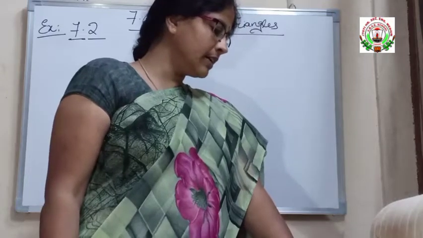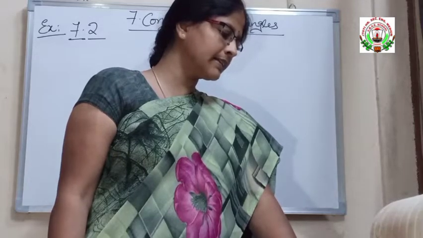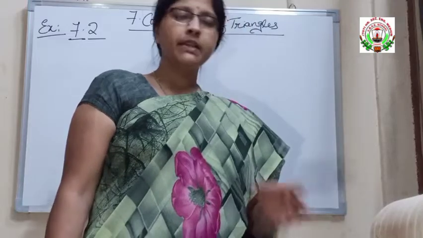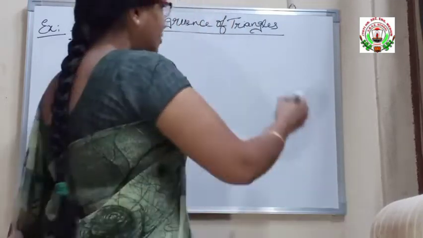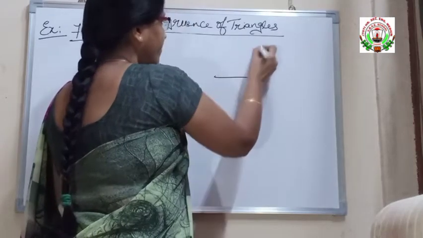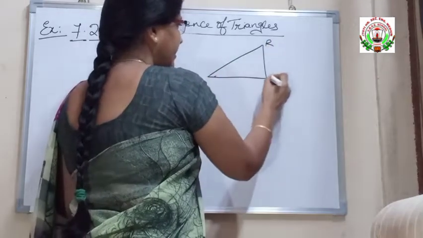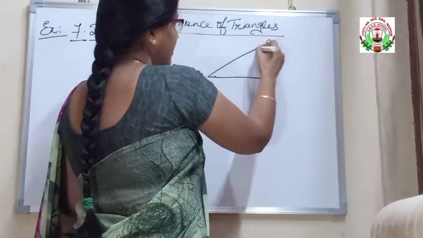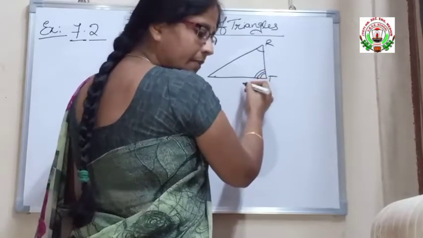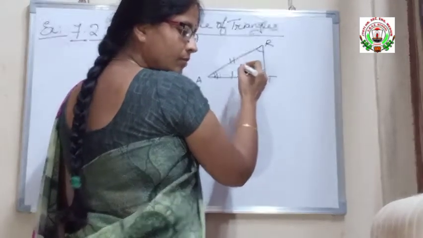See, in the given figure, the two triangles are congruent. The corresponding parts are marked. Can we write that triangle RAT is congruent to? Means they have given two triangles. Let us draw those two triangles first. RAT, this is one triangle. Angle R, next angle T, angle A. This side and this side.